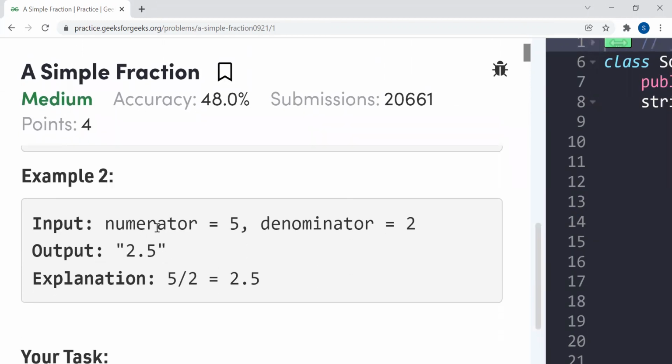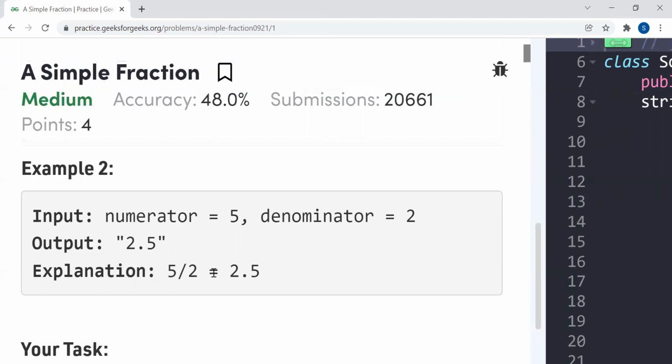Let's see the second example. Input: numerator is 5 and denominator is 2. So our output would be 5 by 2, so we are getting exactly 2.5 because the fractional part does not repeat. So our output would be 2.5.